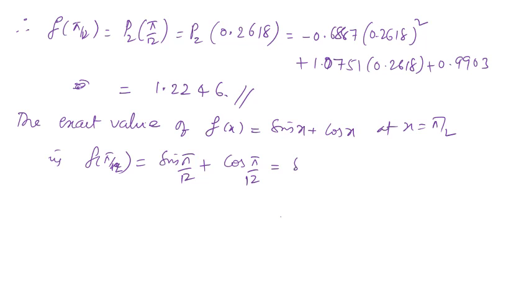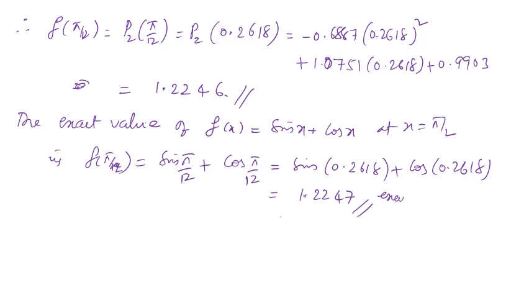This is sin 0.2618 plus cosine 0.2618 and its value is 1.2247. Okay, this is the exact value, this is the approximate value, this is one more problem based on Lagrange's interpolating polynomial. Okay,